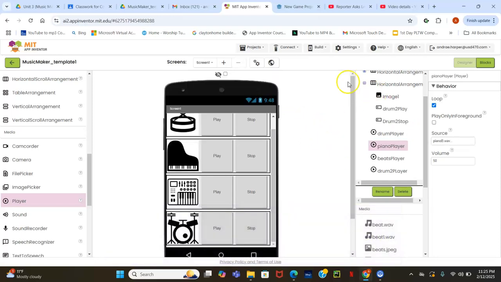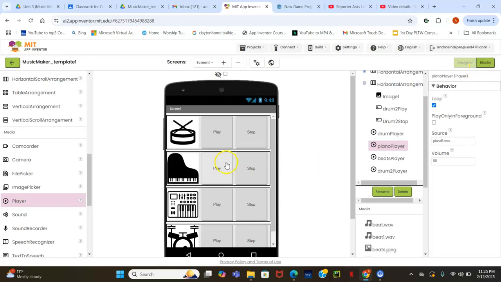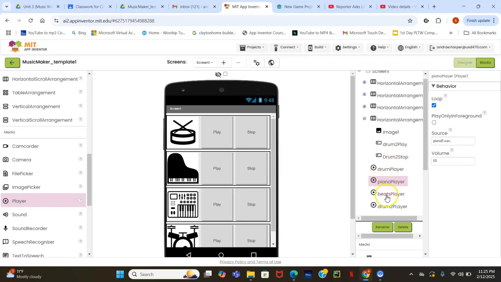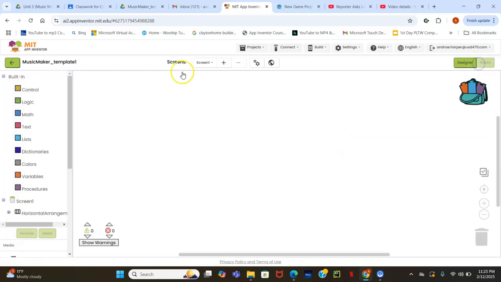Alright, so after we do this, it's time to actually get started doing some coding. And how this is going to work is very simple. When I press the play button, it should play the actual source. The reason we have four different players is because we want to be able to play each one at the same time. So we're going to blocks,